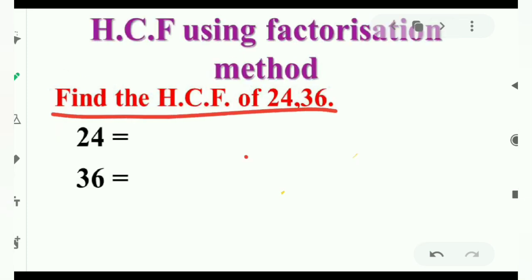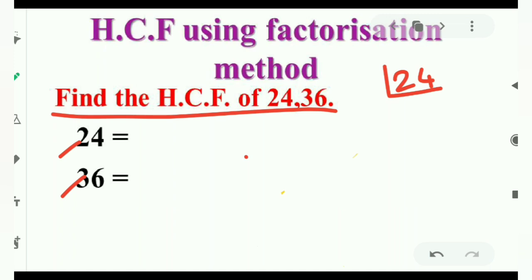Find the HCF of 24, 36. So very first step, we have to express 24 and 36 as a product of prime factors. For that, I am using this method. We could also write it directly, since it is a simple number. But in case we are provided with a bigger number, we cannot do it directly, so for that we have to use this method. For example purposes, I am using simple numbers. As I promised you in the first video, I'll definitely solve the difficult problems in the example sections.